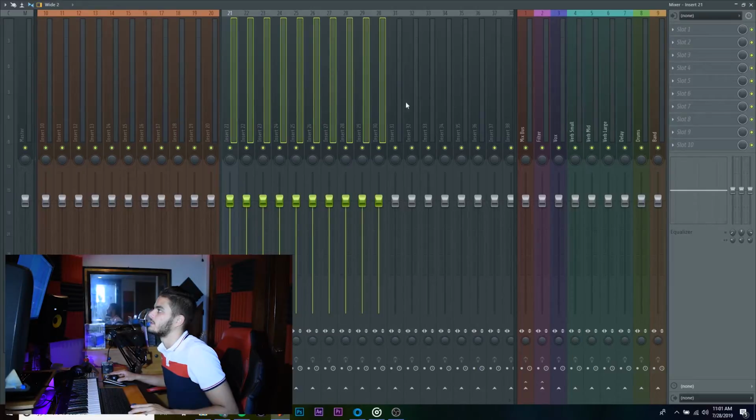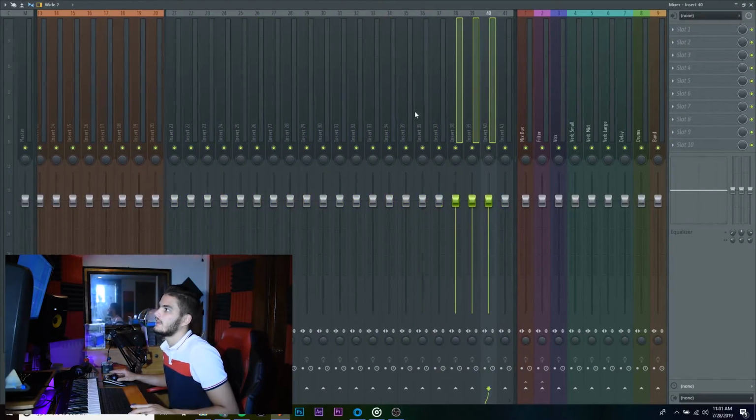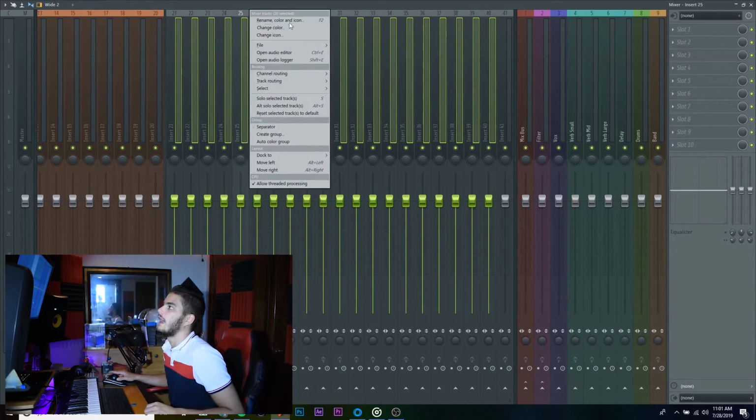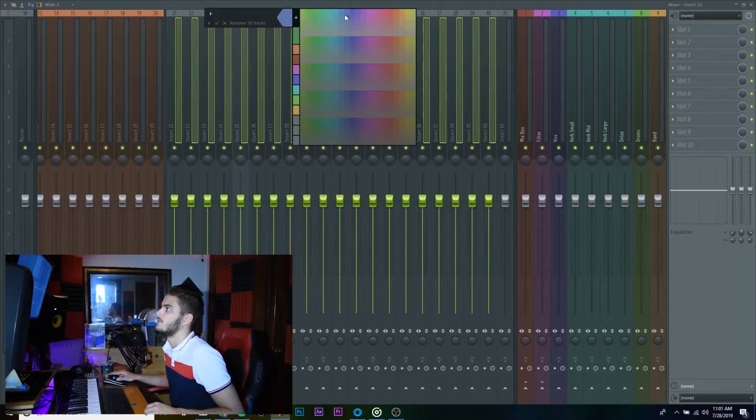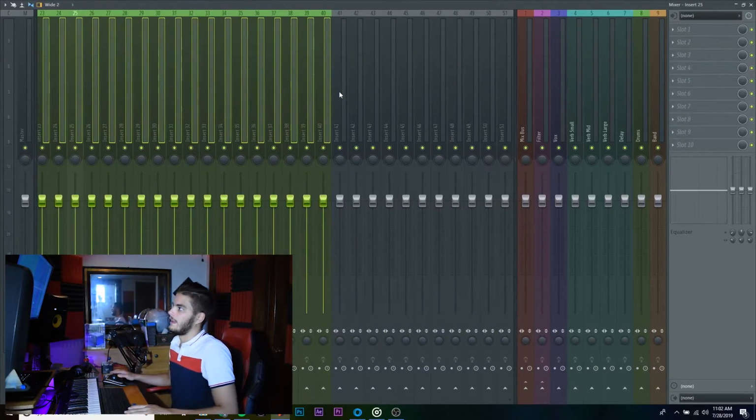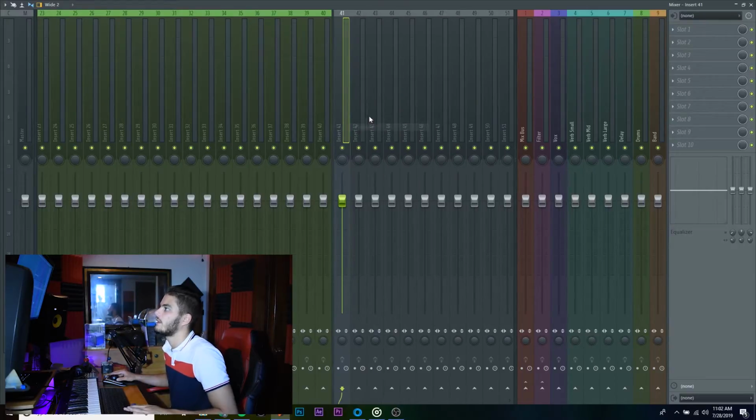And then I'm going to do the same thing. Doesn't matter how many you select. I'm going to do 20 for this one, or 19, however many this is. And I'm going to change it to green, because that's what my drums bus is. And then same thing, the one right next to when the green ends, I'm going to put a separator, and